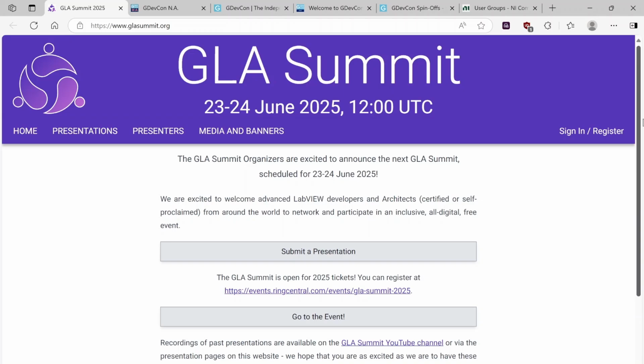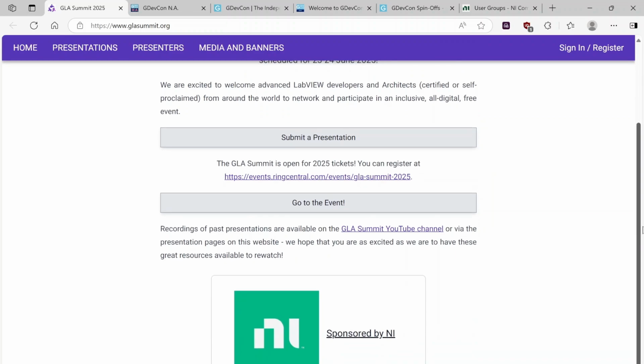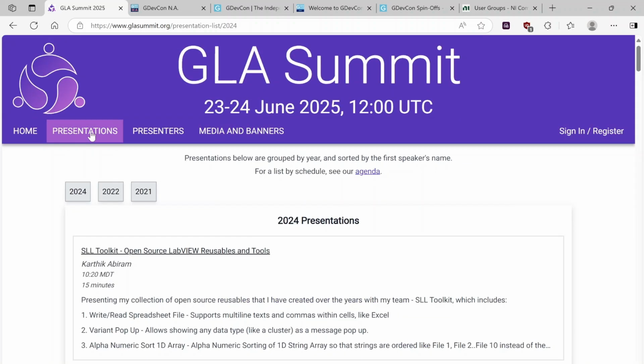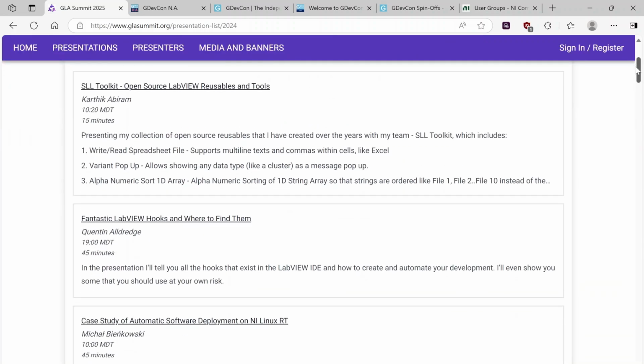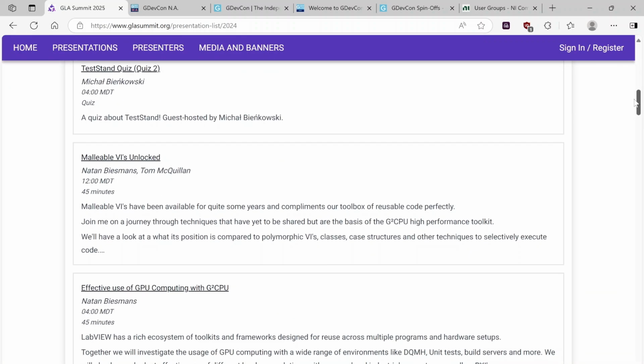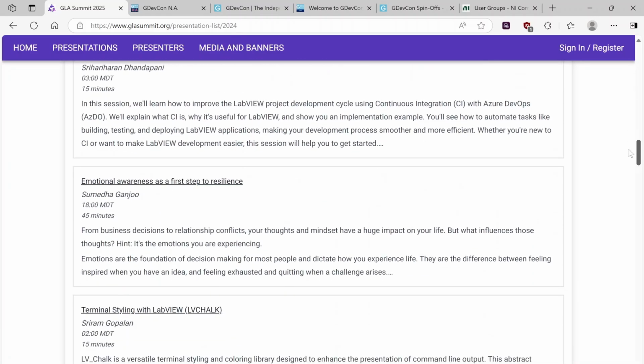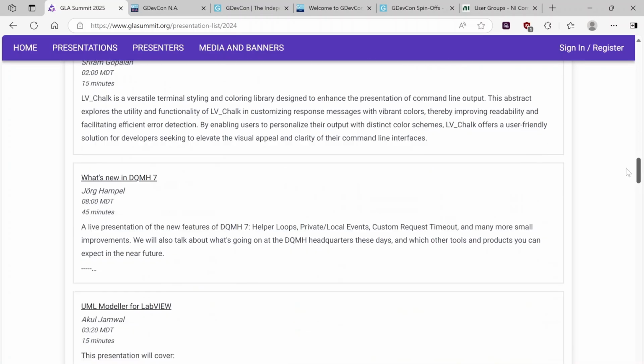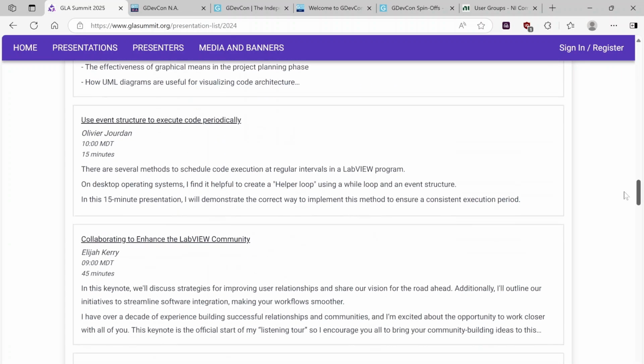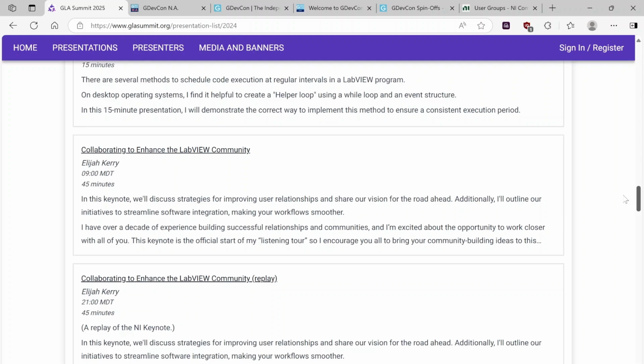They could be showing off something they've done. They could be sharing something they learned that they want to teach people about, all sorts of different topics. It's all online and it's free. So if you're interested, this is a great place to learn all sorts of stuff. You can go on the website and you can see a lot of the things that have been talked about in the past. So you can see all sorts of different things. And actually, these are available on YouTube as well. If you find something interesting and you wish you had seen it, it's available there.